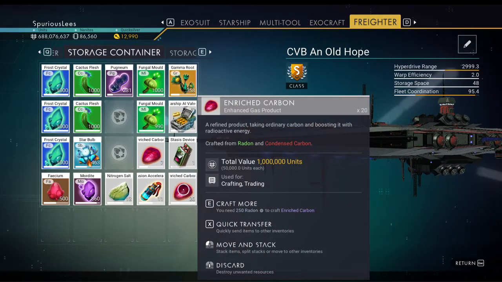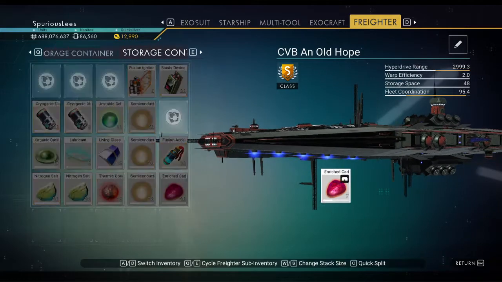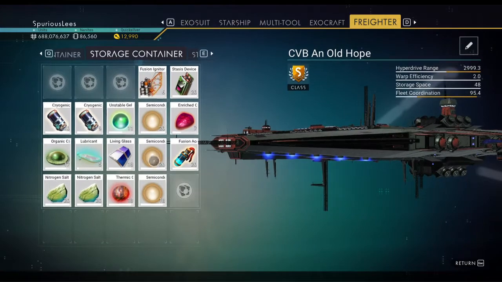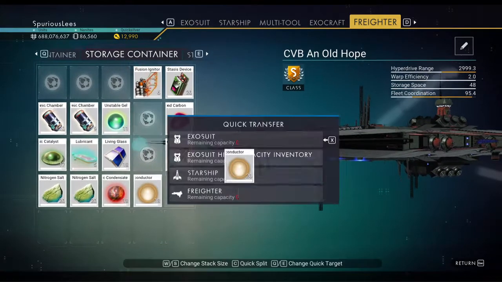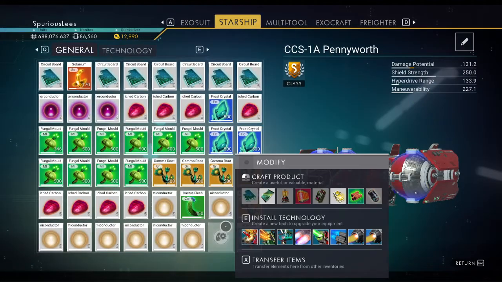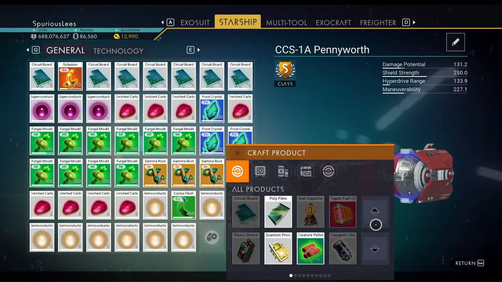We've got enough to make more of that, so let's store that in the starship. And that in the starship. And then these in the starship. That gives us only 5 slots left in the starship. So let's go there and do some crafting real quick to clear up some spots. Firstly, by making...